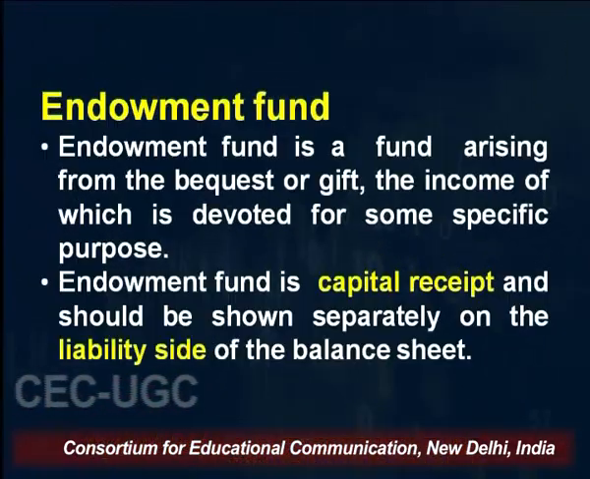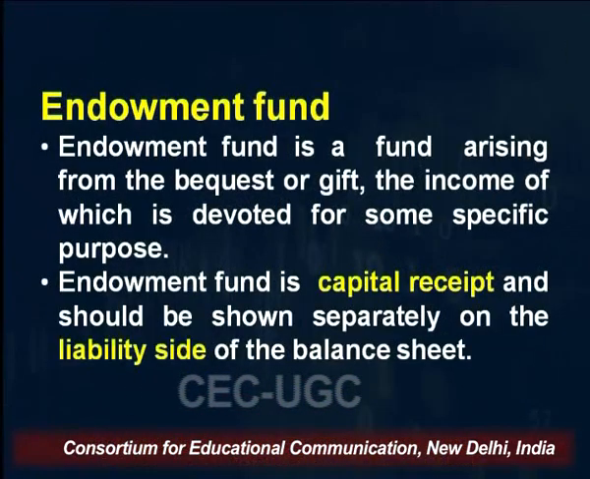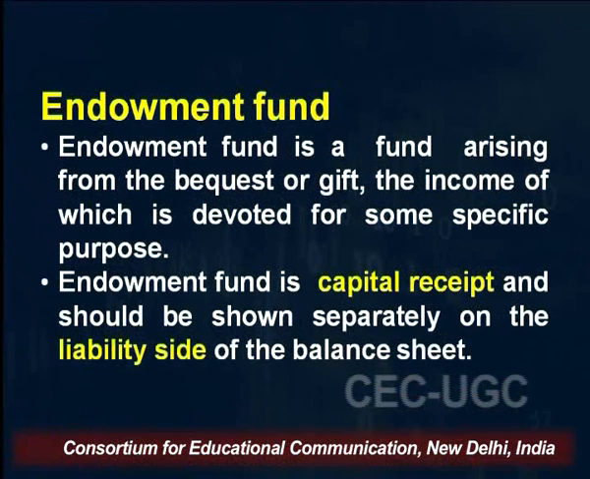The next item is endowment fund. This endowment fund is a fund arising from the bequest or gift, the income of which is devoted for some specific purpose. This fund is treated as capital receipt. Why is it treated as a capital receipt? Because it is meant for some specific purpose. Anything, any fund, any donation, which is received for some specific purpose has to be treated as a capital receipt. If the purpose is not defined, in that case it is treated as for a general purpose,